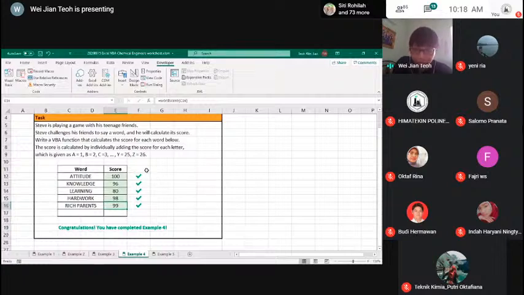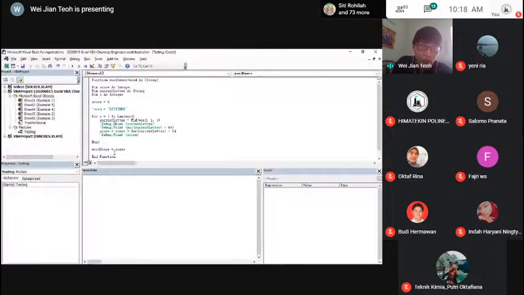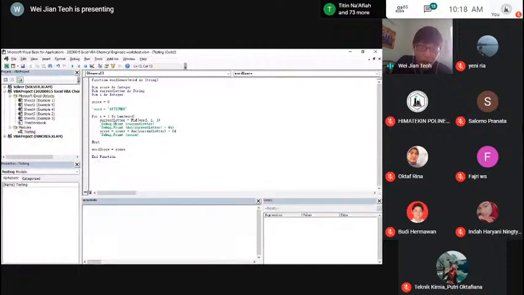So if you have any problems, please type in the chat box now. I'm going to leave this code up just to let you see. In case you have any problems, you can follow and type in, or you can take a screenshot. You can use your phone and take a photo or something. It's okay. I'm going to just leave it here for you to have a look in case you have any problems. If you have any problems, please type in the chat box and I'll try to answer them. Let me see if you have any problems in the chat box.